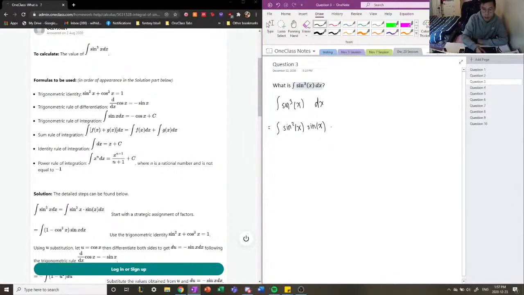Okay, so we break it up, and we're going to use our trigonometric identity, sine squared x plus cosine squared x equals 1, and isolate for sine squared x. This is our rough work here. We can manipulate the identity to get sine squared x equals 1 minus cosine squared x. If we sub this into our equation, we get the integral of 1 minus cosine squared of x times sine of x